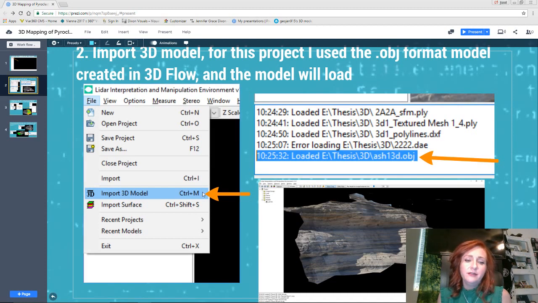What I did was I imported my 3D model that I made in 3DFLOW. I exported it from 3DFLOW as an OBJ file extension, an object file, and imported it into Lime, and this is what it looks like. So make sure when you use your 3DFLOW to create a model that you export it as an object file, and that will help you a lot because any other file doesn't come up